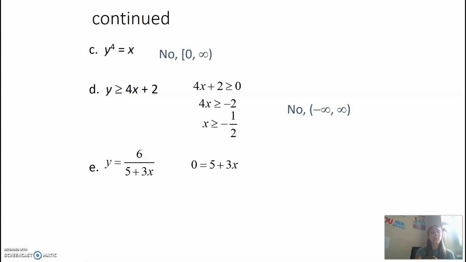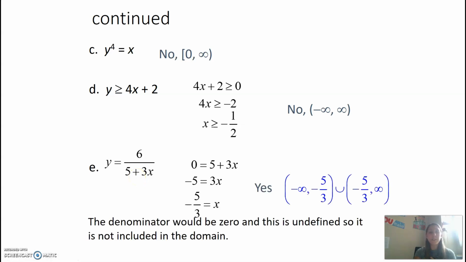And we can never have a 0 in the denominator, because friends don't let friends divide by 0. So make sure you get this